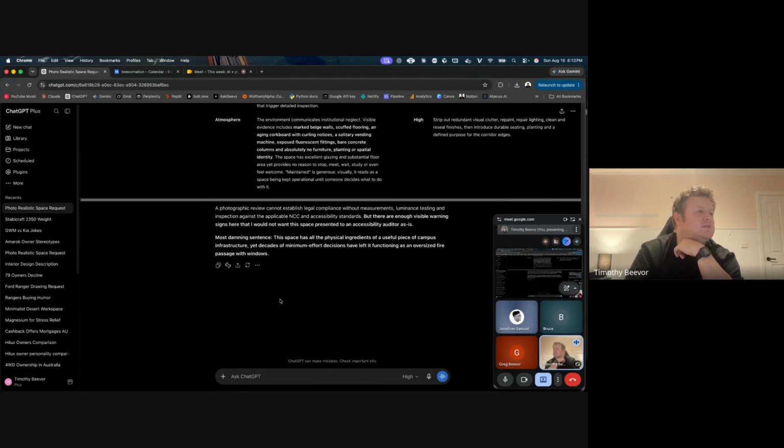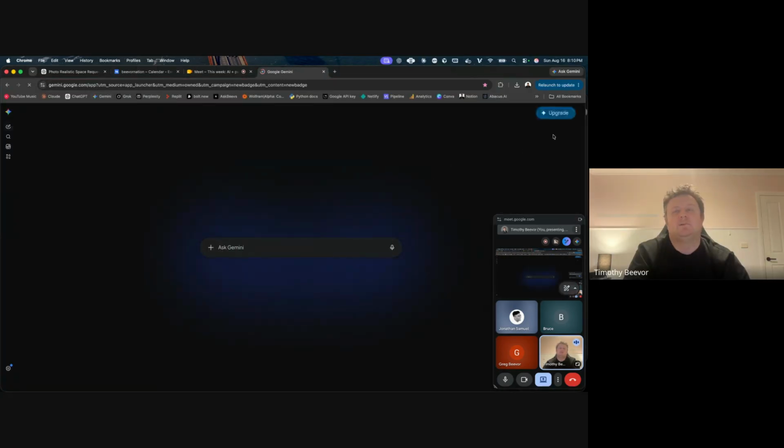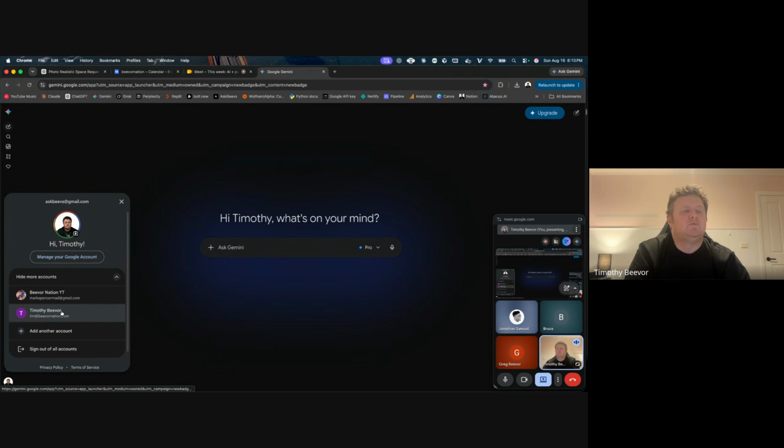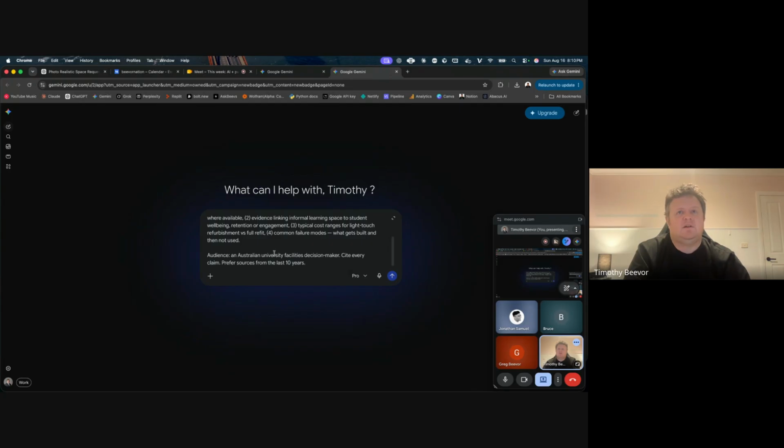Okay, that worked. Now, what we're also going to do is get a reference frame to think about how we could improve a space. So I might go over to Gemini, just as a separate task, and log in as my other account. And I'll just say, research question: what have universities around the world done to transform underutilized circulation spaces in corridors,